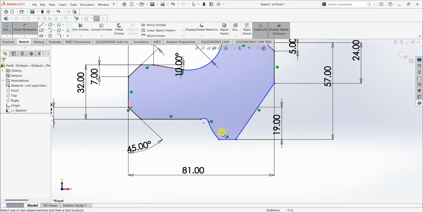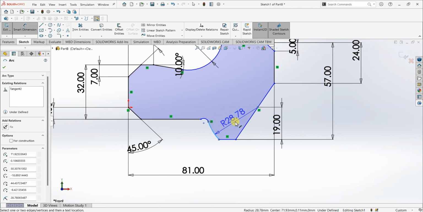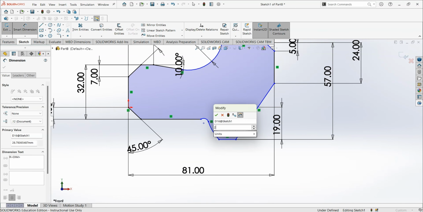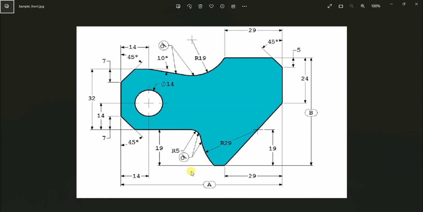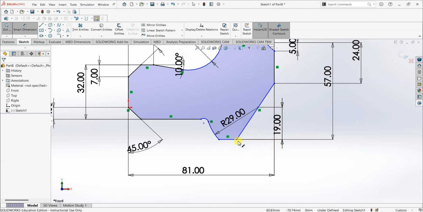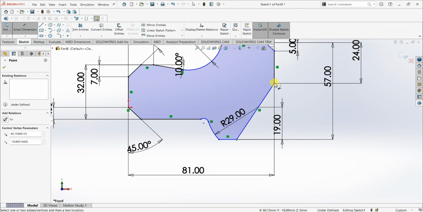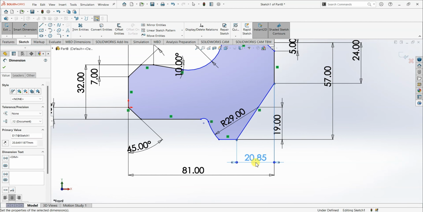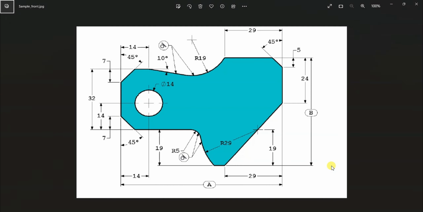Okay, and then we have this as 29. Okay, and we have this dimension as 29 here. 29. Okay,